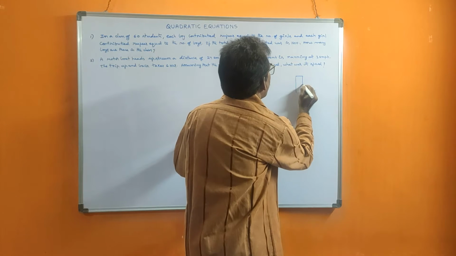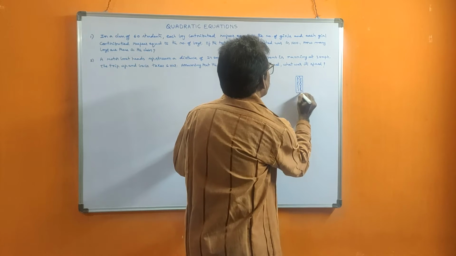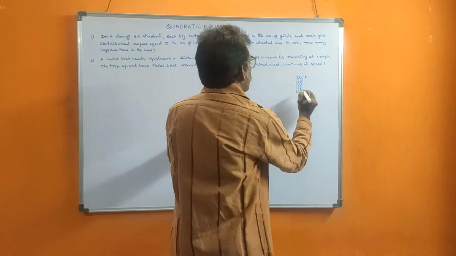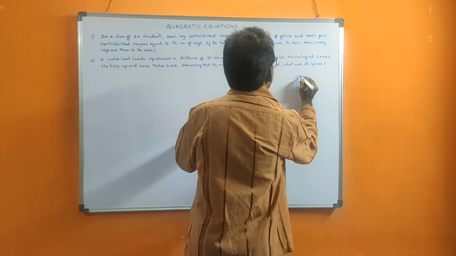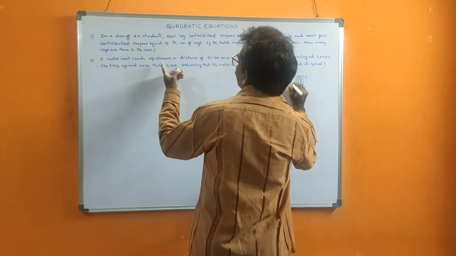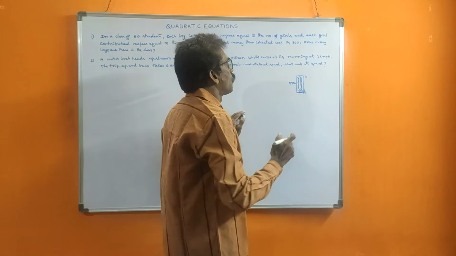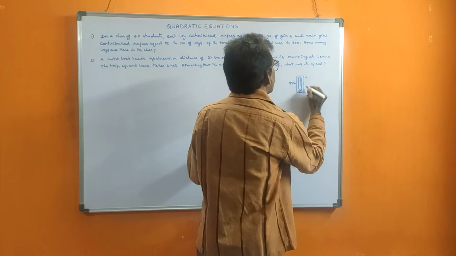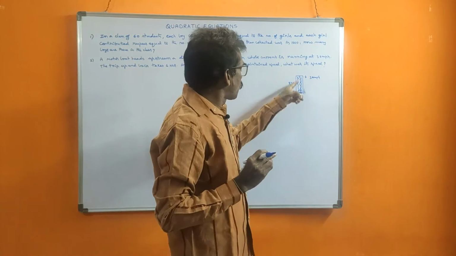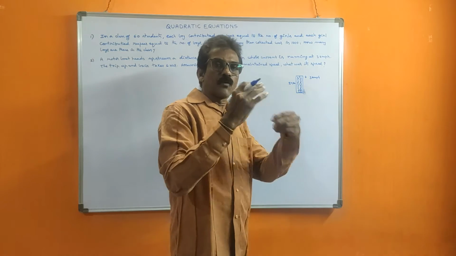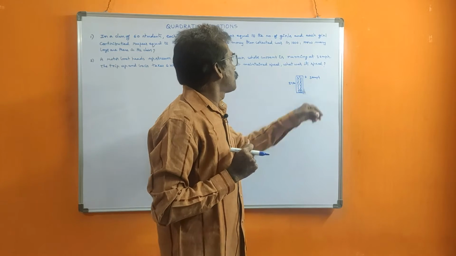Suppose this river is there, and that river is flowing with some velocity, in this direction. Upstream means up against. The boat started here. Upstream it travelled 24 kilometers. Now the speed of this water is 3 kmph. Speed of the water means the current, the flow of the water. If water is flowing, it has some speed. That speed of the water flow is 3 kmph, given.